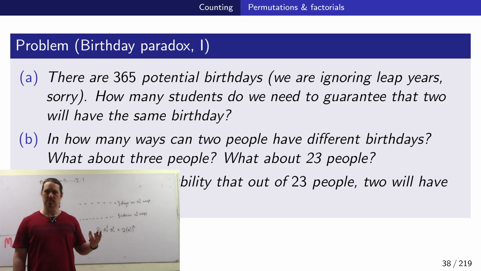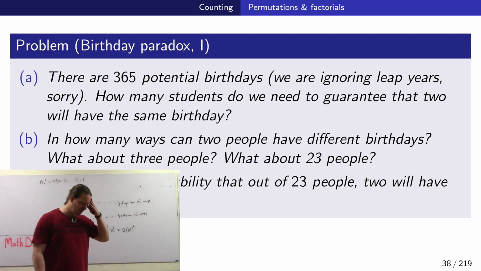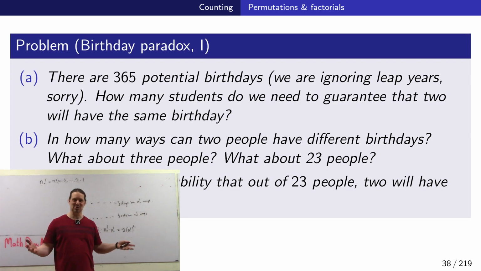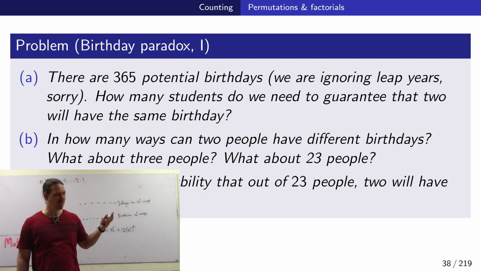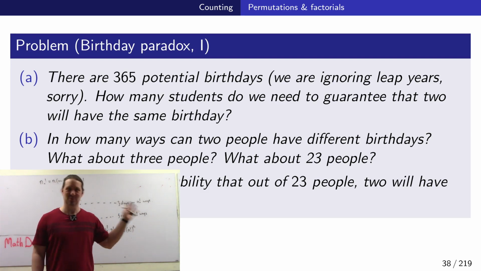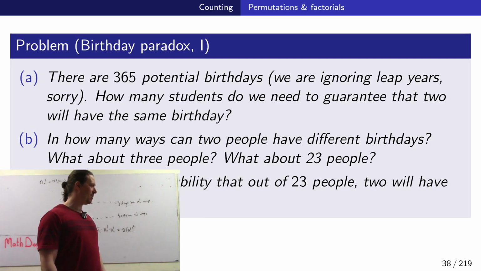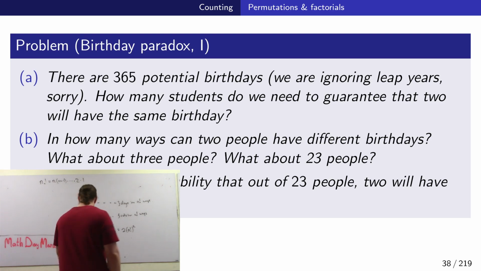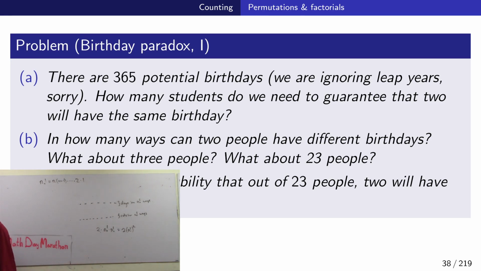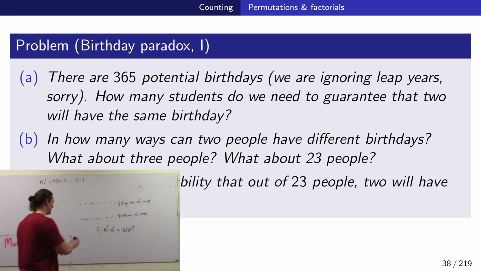That's why it's called a paradox. I looked this up on Wikipedia last night. It's a paradox of a very special type because it's not actually a paradox. It's paradoxical, but there's no paradox. We will compute and you will see that the answer is what it is and it works out perfectly. So paradox is kind of a misnomer, I guess. But that's not really that important. Okay. So